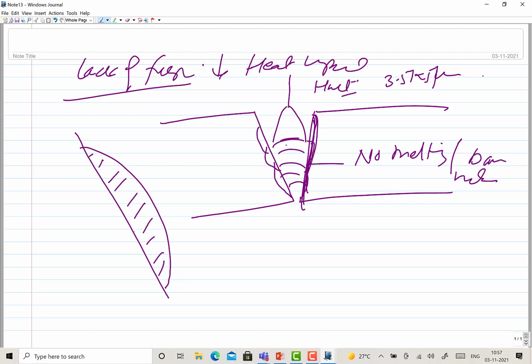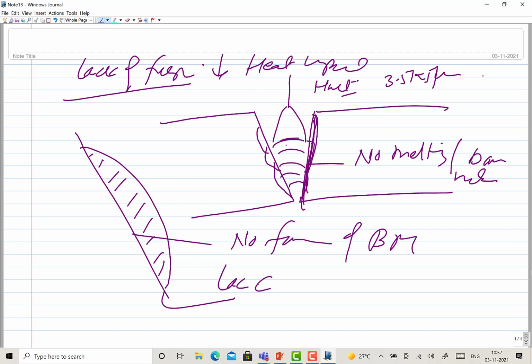This will simply indicate that there is no fusion of the base metal. So this is the kind of defect that is called lack of fusion. It is different from lack of penetration. In penetration we talk about the depth up to which the base metal has been melted, whether it is complete or incomplete. But here you are placing the molten metal without melting the base metal, so that's the